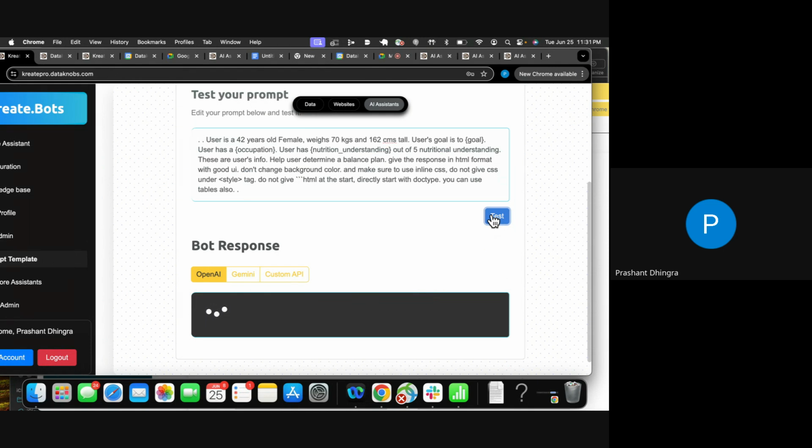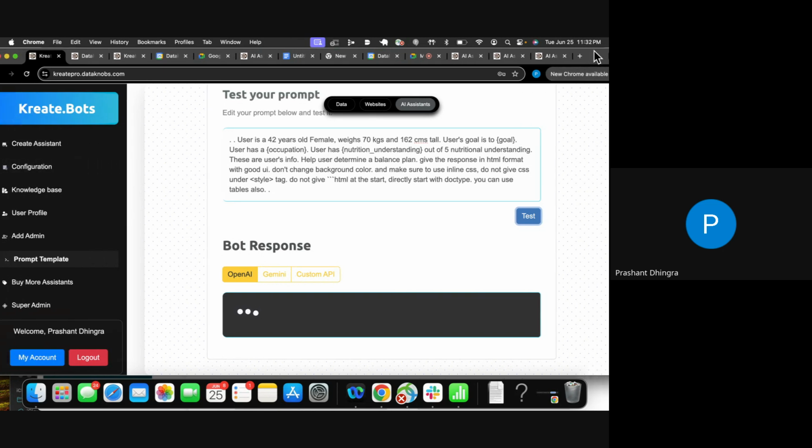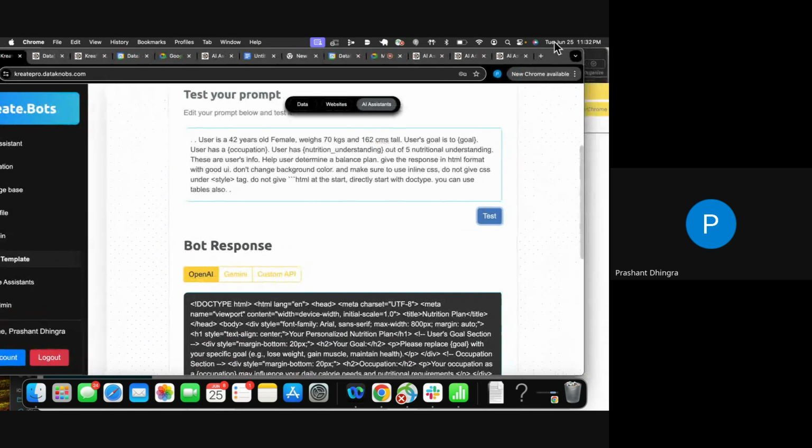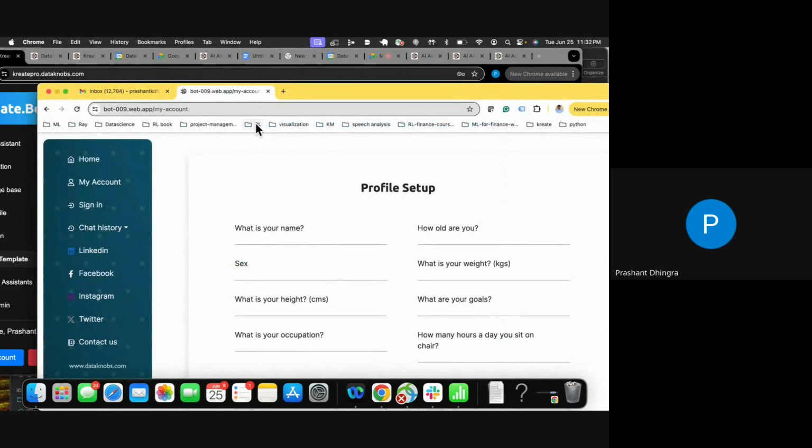While the response is coming, to rephrase what we have done so far: we created an AI assistant, we configured it, and we gave it a user profile CSV file to create a user profile, and then we gave a set of prompts. And with that, we are able to build a chatbot. So an admin can test it here, and an ordinary user can test it where the chatbot has been built. So for example, if I say here, my name is Prash,